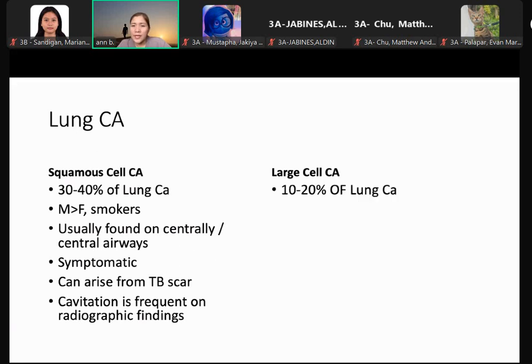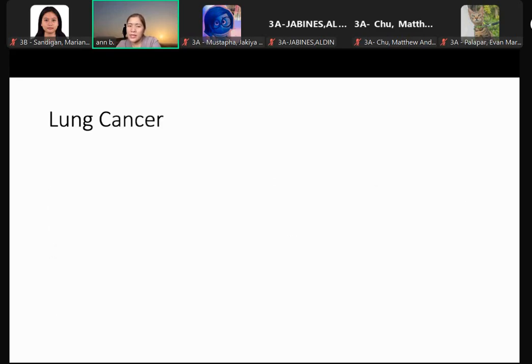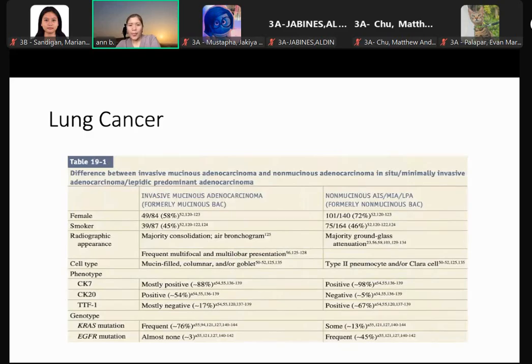So the other types, the large cell carcinoma, which is 10 to 20% of lung cancer, located peripherally or centrally. Usually 3 to 5 centimeters in diameter. So this is also a nice to know table, the difference between invasive and non-mucinous adenocarcinoma in situ. Again, this is just the prevalence and the phenotype or the genotype. We will not go through most of that because this is more of pathologic